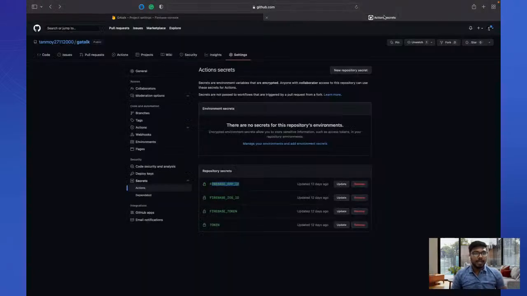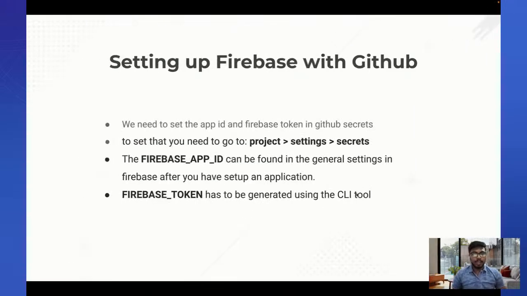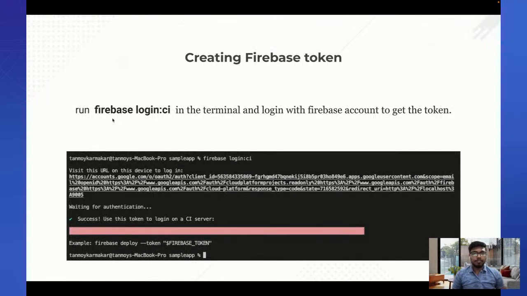Similarly, we will be adding the Firebase token. So now, how to get a Firebase token? It's very simple. What we have to do is install the Firebase CLI. In order to do that, you have to run npm install firebase-tools, and that will install the Firebase CLI. And then you have to just do